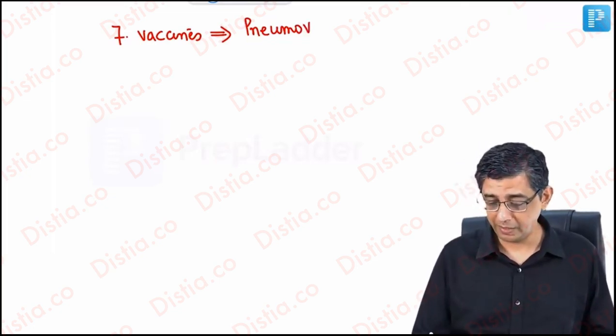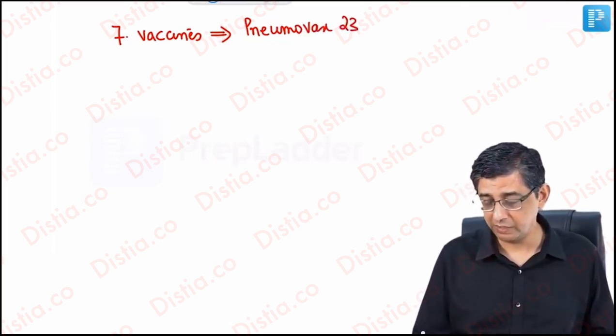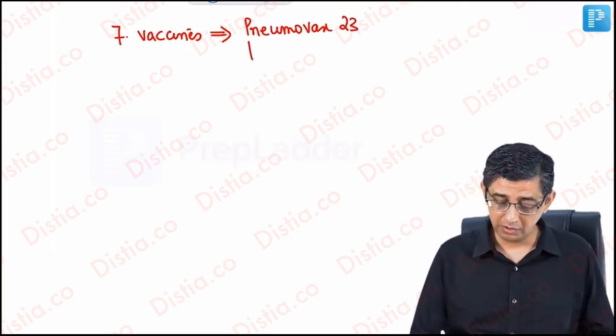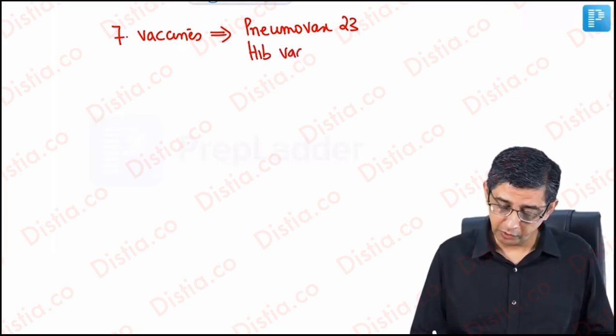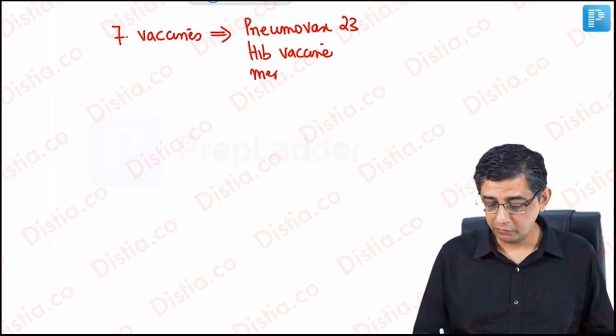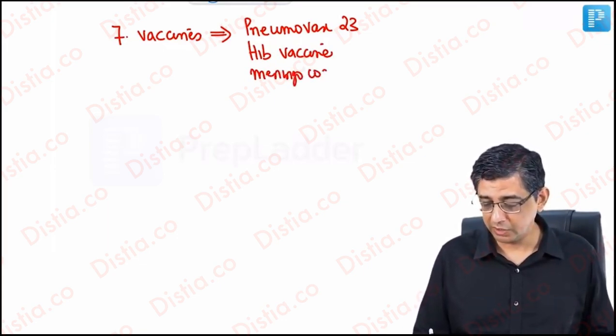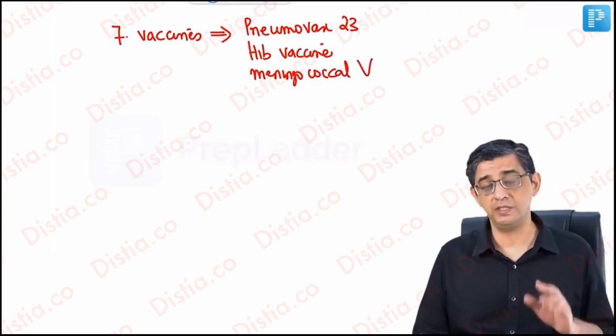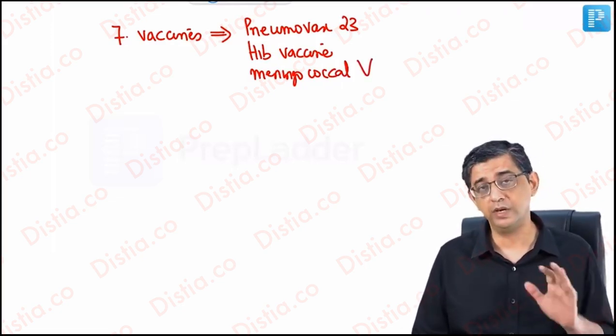So the brand name I can write here is Pneumovax 23, or we can use Prevenar. Then is the Hib vaccine. Even if you don't remember the brand names, it doesn't really matter. And then you will be using meningococcal vaccine. There are 3 vaccines effective against bacteria and 1 against virus, against the flu virus, that you would be giving